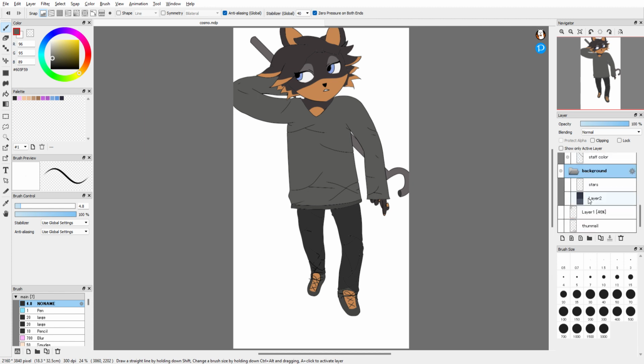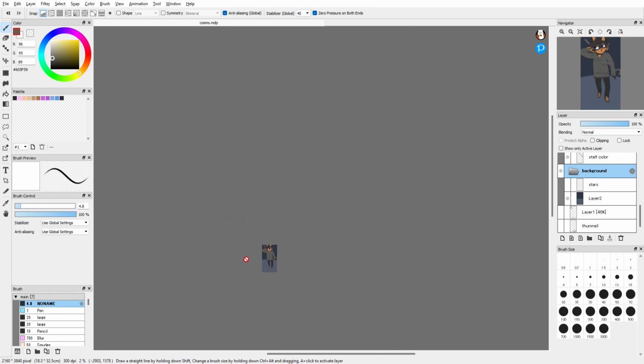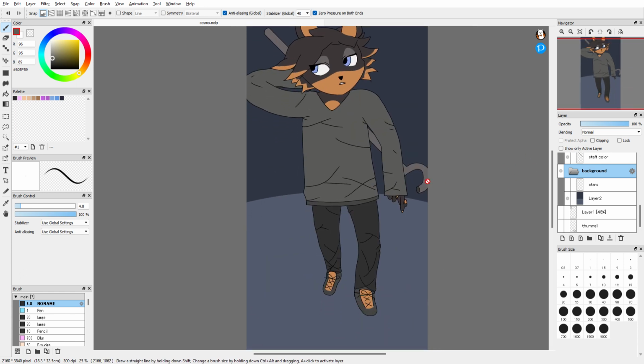So, after color, I wanted to understand where my light source is, which means I needed a background to see if I would create any light sources that would have to be taken into account for when shading. So I developed this, just 2 shades of blue. I used the circle tool really zoomed out to get that curve. So, after I did that,